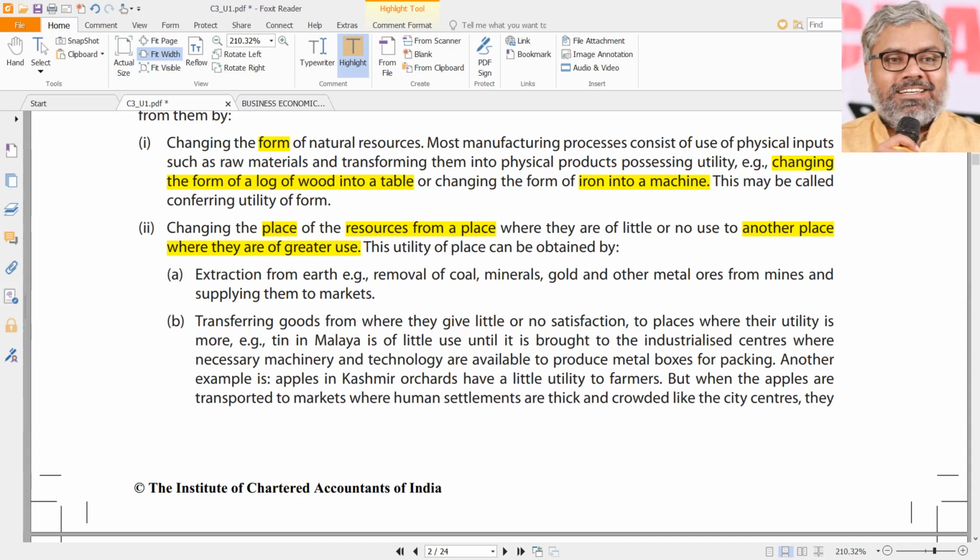So once crude oil is there below the ground somewhere or below the sea somewhere, what is the use of that crude oil to the human beings? It may be there just like that. But when we take it out, when we find it, when we dig it out, when we extract it, when we refine it, when we transport it, when we use it, how many places it is changing? Almost 80% of the petroleum that India uses is imported. So petroleum, when I say, it is crude oil. So 80% of our crude oil comes from outside India.